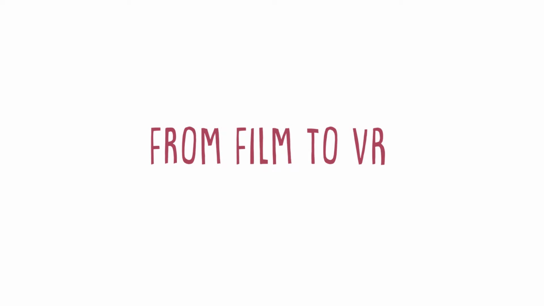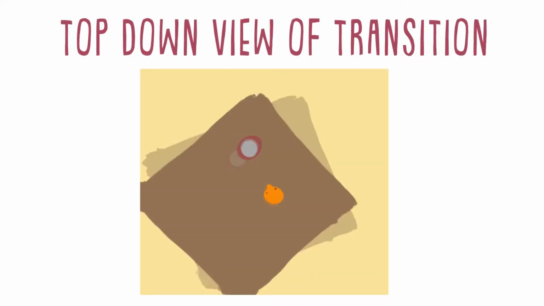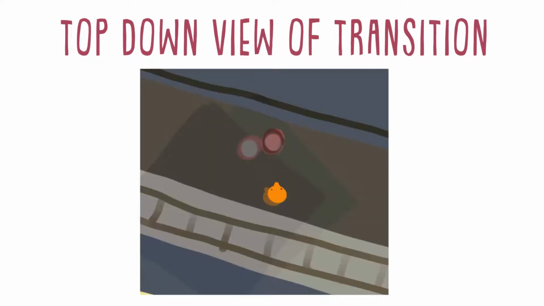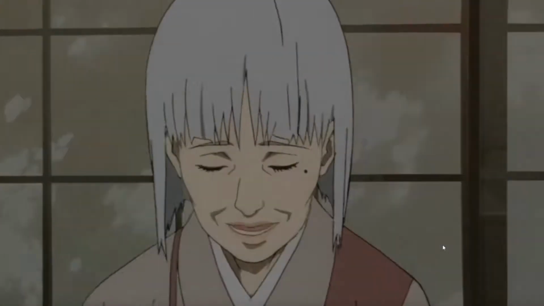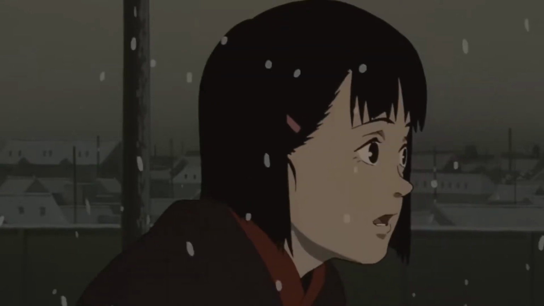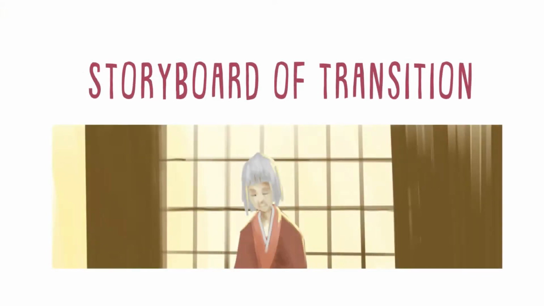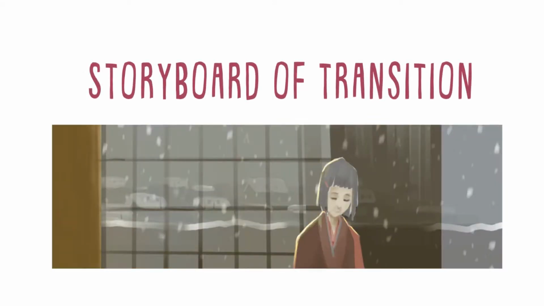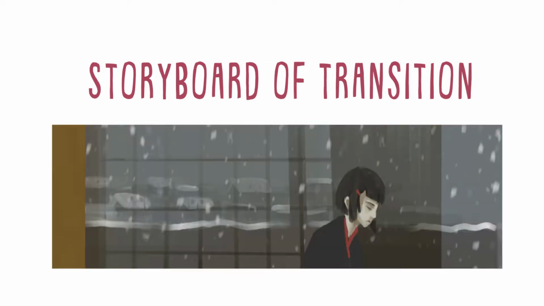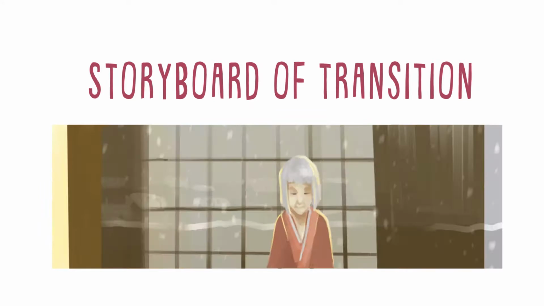In first trying to translate this kind of transition into VR, we had to first think about how the character was actually going to move in a 3D space. The original sequence had the advantage of being essentially on a 2D plane, and so Kon was free to morph the central character from one side of the frame to the other without much movement, especially since the shot itself was a close-up. However, because VR doesn't have the benefit of shot lengths, and because the transition itself seemed to require movement, this made our application of the transition in the VR space much more challenging.